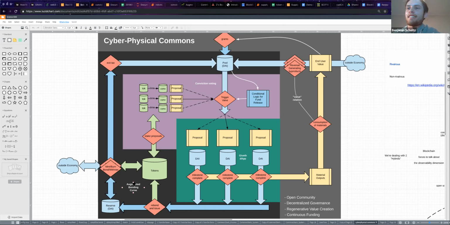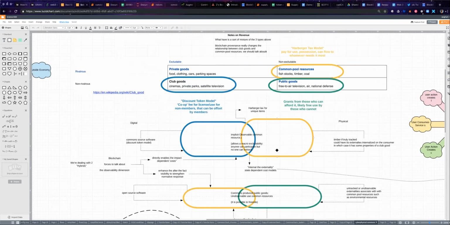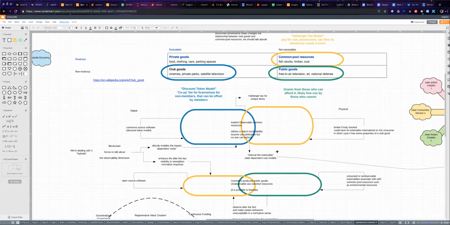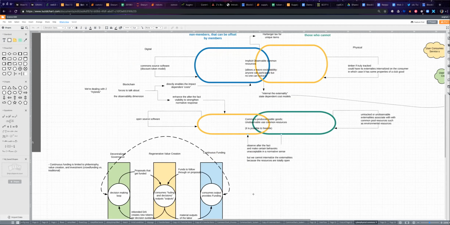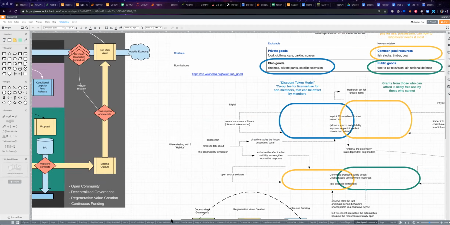Lucidchart. Wow, beautiful. And I've been working on this with Abby, who I believe you guys know. I had the original design and she's been helping me refine it. If you look over here, it's a ton of notes that she and I put together regarding the nature of resources in this hybrid system. It's not really a commons, or it turns out that blockchains blur the lines between the traditional notion of goods, and so I've been exploring that concept. And I think Chris Peruk is also on the call, who has spent a lot of time talking about the relation to economic canon versus what happens in these systems. So anyway,